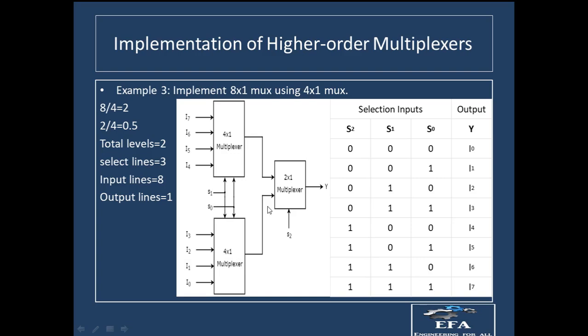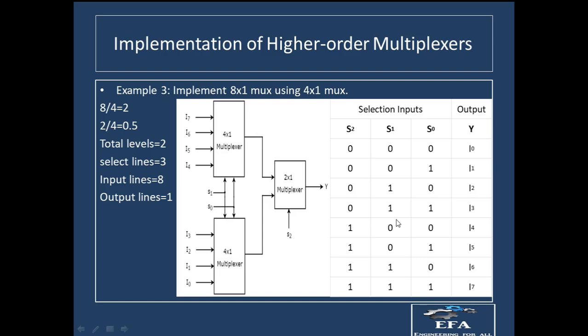Okay, so again for the first condition, that is 000, this will be 0, this will also be 0, and this one will also be 0. Whenever we have all zeros, the first inputs will pass, right? And at this position also the first one will pass, and we will have I0 at this position, right? So this is exactly the same. The method discussed over here is exactly the same as the one we discussed in the previous example.